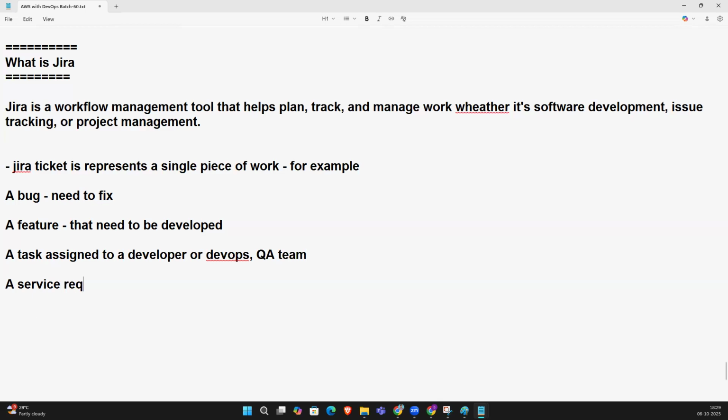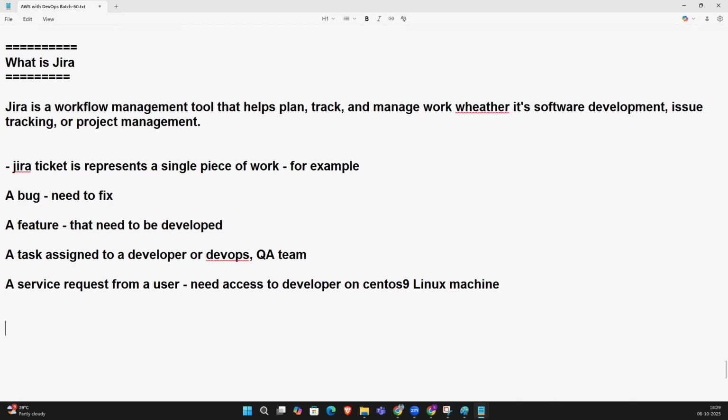A service request from a user, for example, needing access on a CentOS 9 Linux machine. Needing access for a developer on a CentOS machine, this is a request. This is the task. This is a feature. This is a bug. You guys understood?